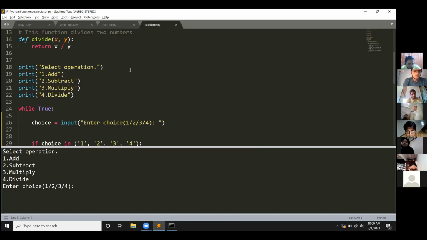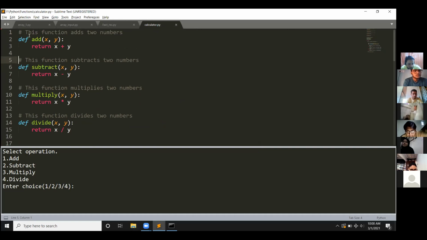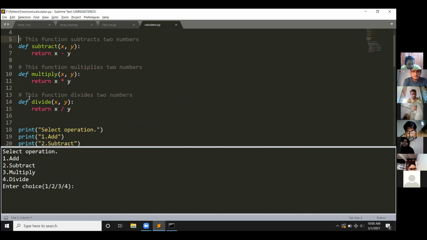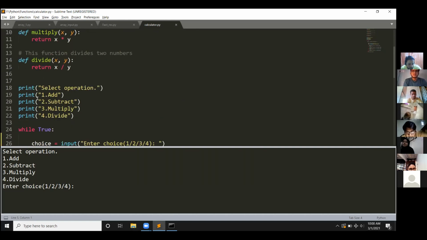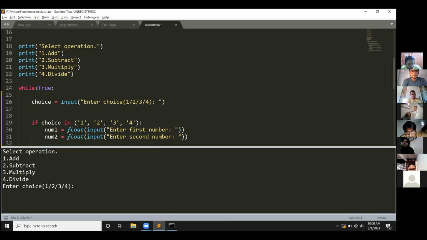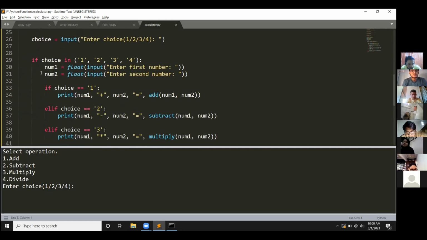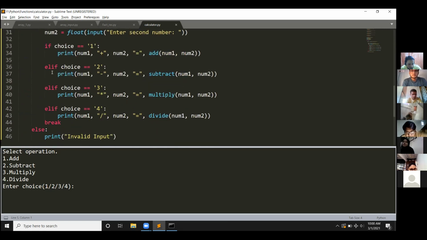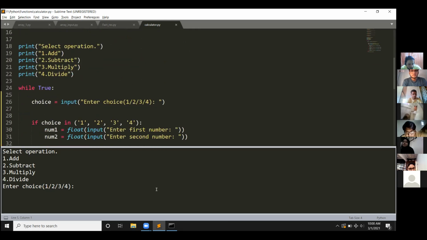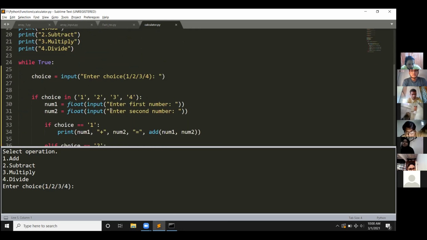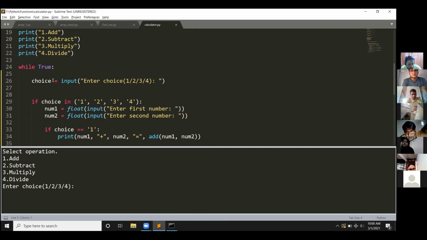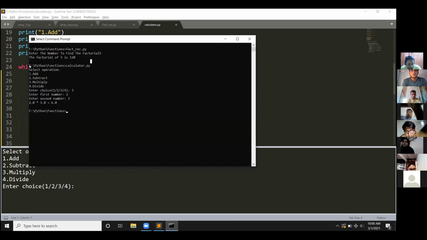So the second program is over here. It starts from here, takes all the parameters. These are the functions. Why are you using while true? For continuous operations. So how will it exit?